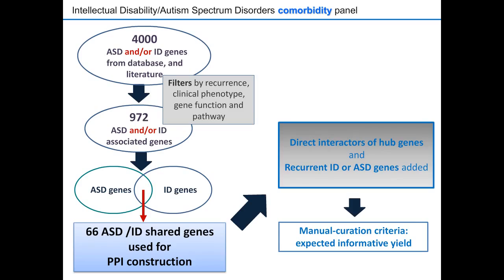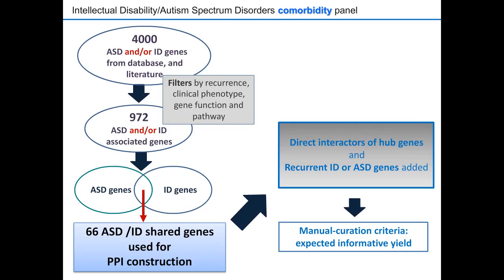So we started out with 4,000 genes involved with autism spectrum disorder or intellectual disability, gathered from databases and literature. Then we filtered by recurrence, clinical phenotype, gene functions, and pathway, and came up with about 1,000 genes, of which